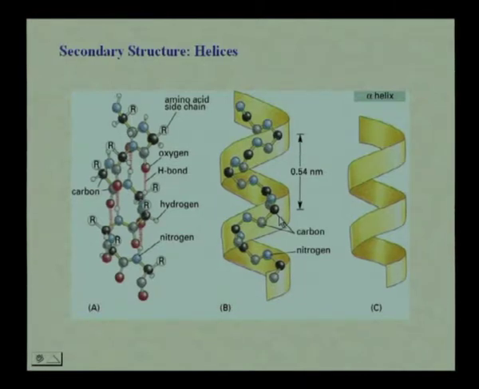It is just like a screw. You have a pitch of a screw. So the helix should also have a pitch because it is also a spring. It is basically a rotation of the polypeptide chain, and you have what is called the pitch. Now,